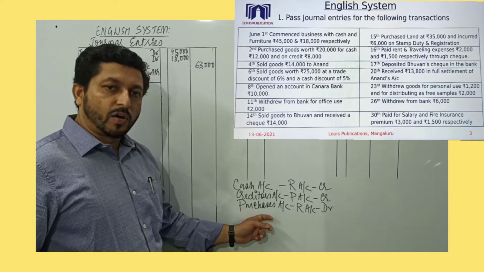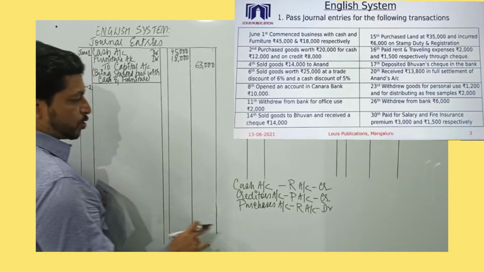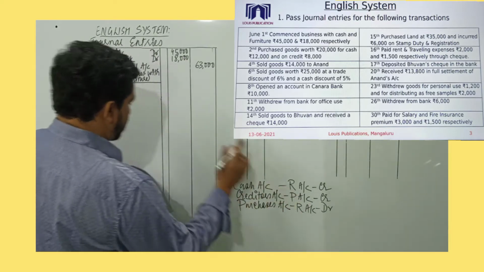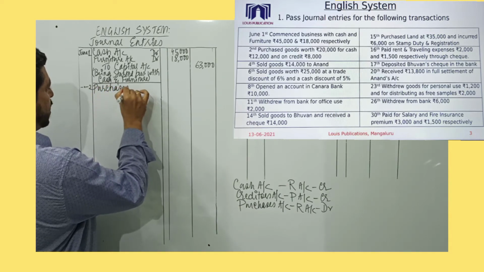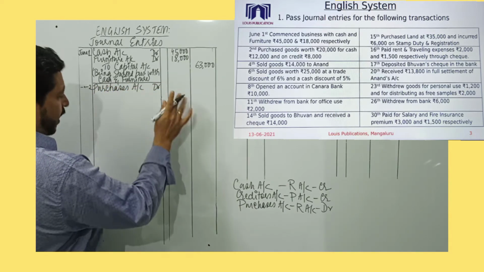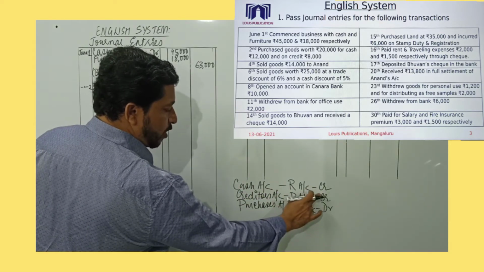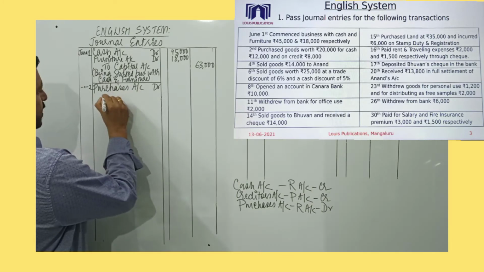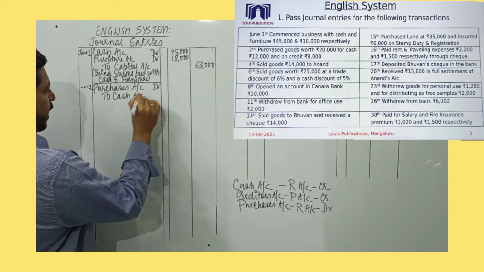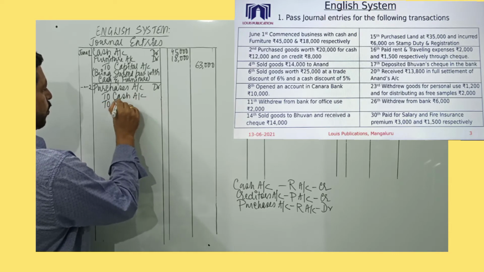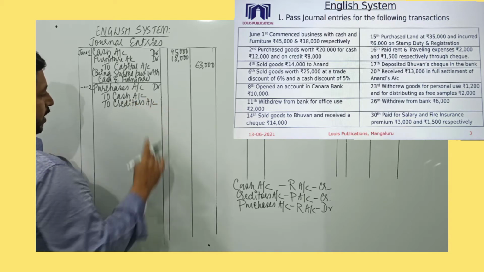So now we can record the journal entry in our journal. The date is June 2nd, and we will write the debit aspect first. So I record from the left of the particulars column, purchases account debited. We will record the amount. Then you see both the cash account and creditors account are credited. So we will start as if we are starting a new paragraph. To cash account, and also to creditors account.